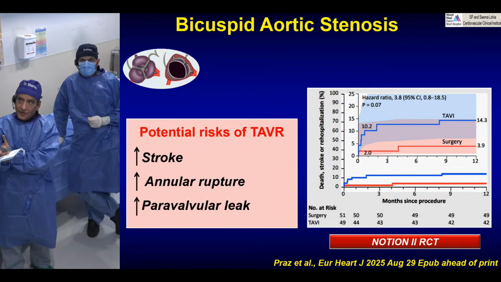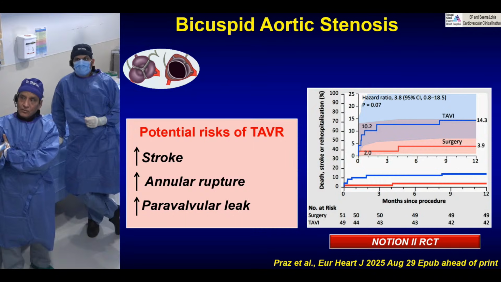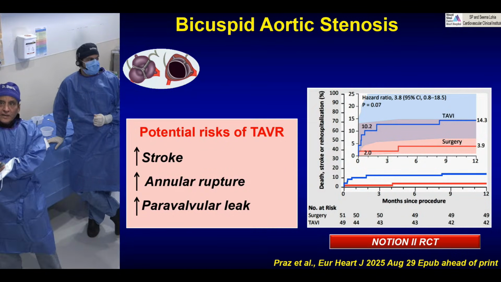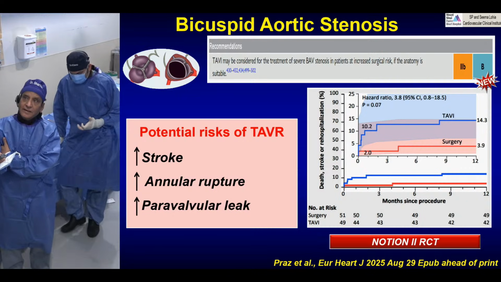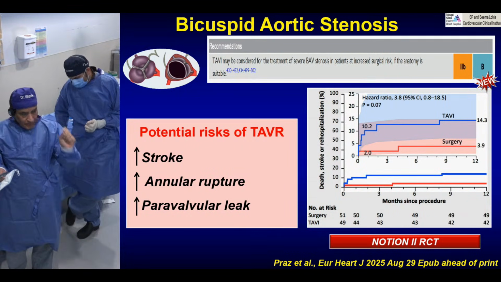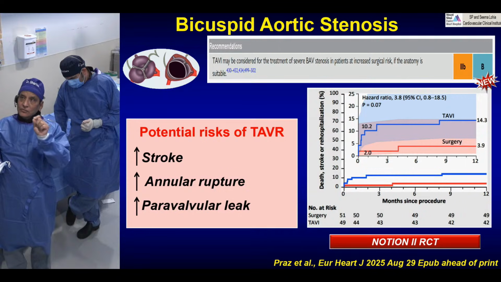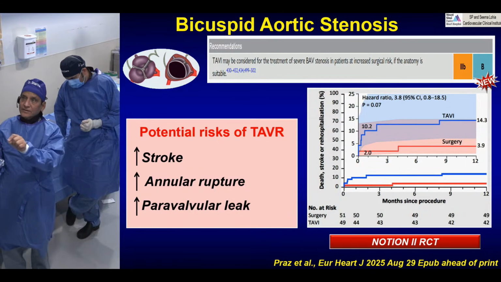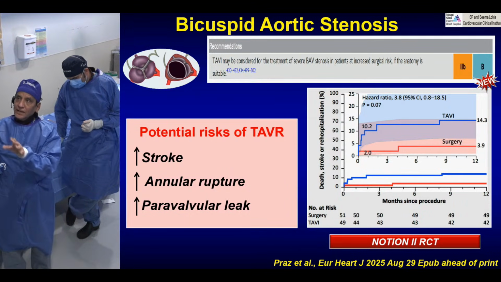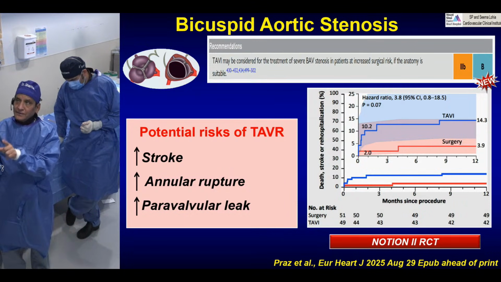Bicuspid remains a trouble. We know that in the NOTION-2 trial, bicuspid had higher stroke, annular rupture, paravalvular leak, many factors, and so they still remain 2B. That is for the appropriate case which undergoes TAVR, those who are troublesome for the surgical risk. So if surgical risk is high, and coronary anatomy and valve anatomy are okay, then only they go for bicuspid AS TAVR,